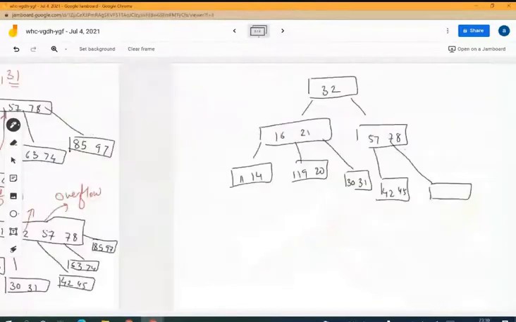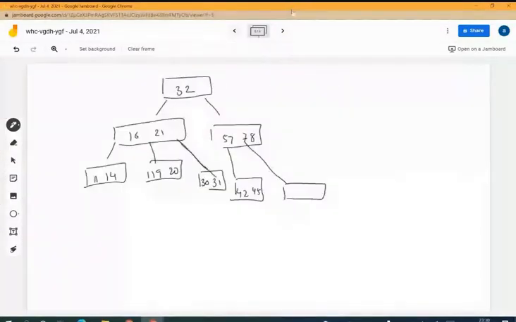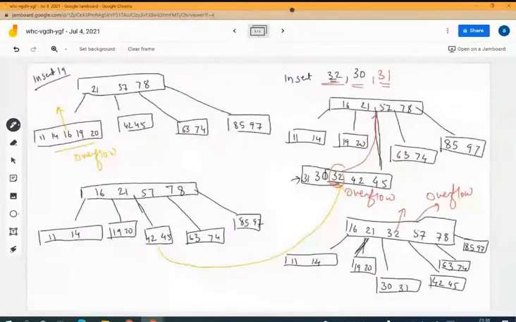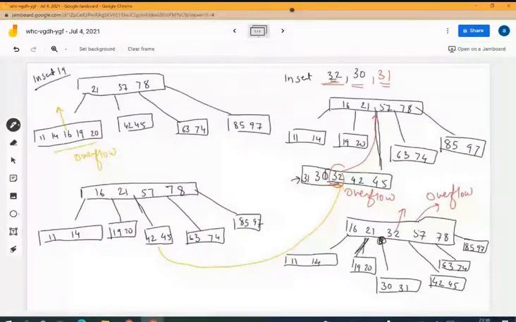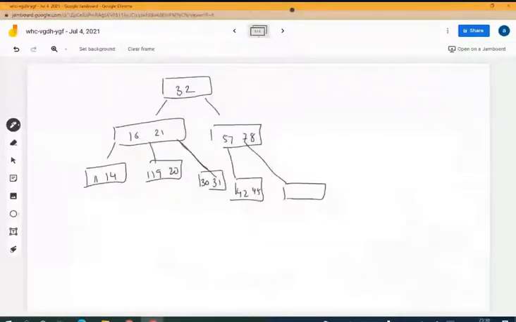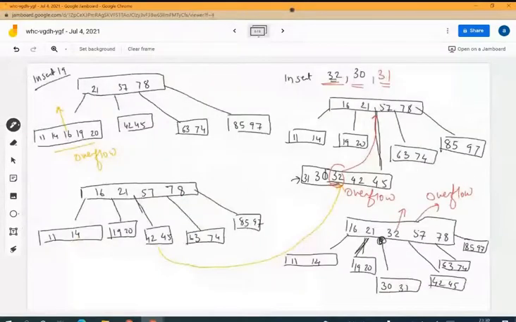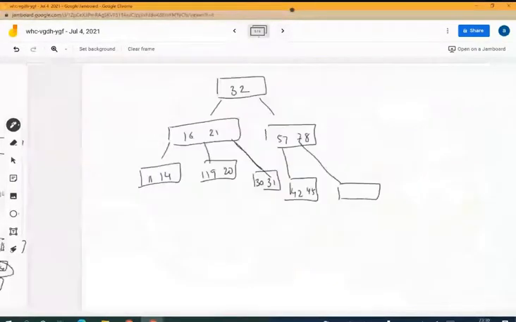So you can see the right of 21 has become what was the left at this point. After pulling this, the right of 21 will become 30 and 31, right? 57, 42 and 45, as it is, I'm writing. Then the right of 57 is 63 and 74. So you can see 63 and 74 was there, so I'm going to write 63 and 74.